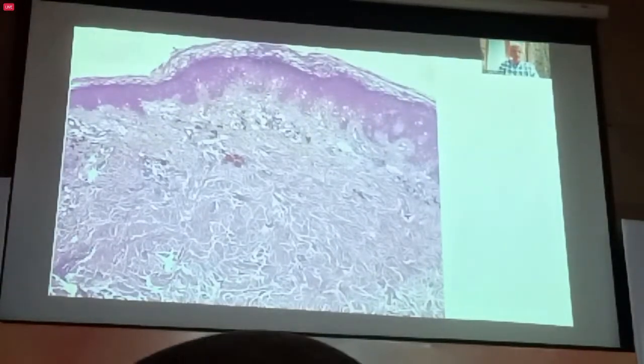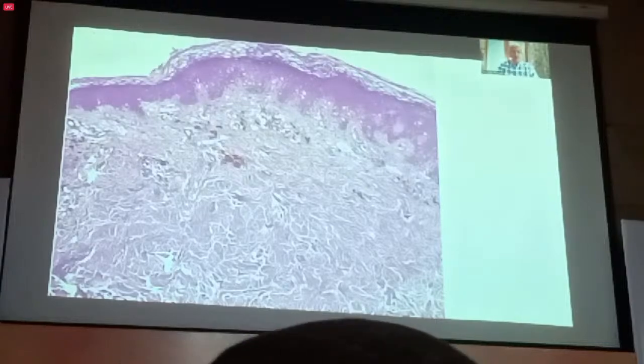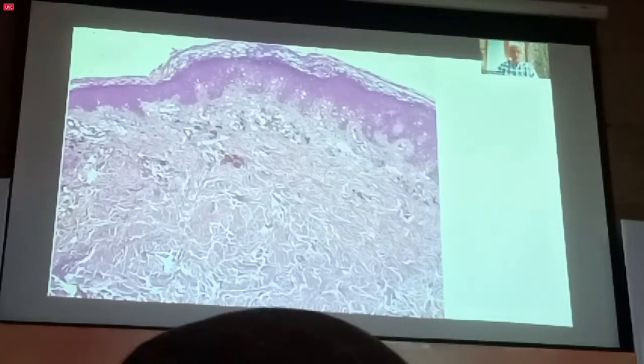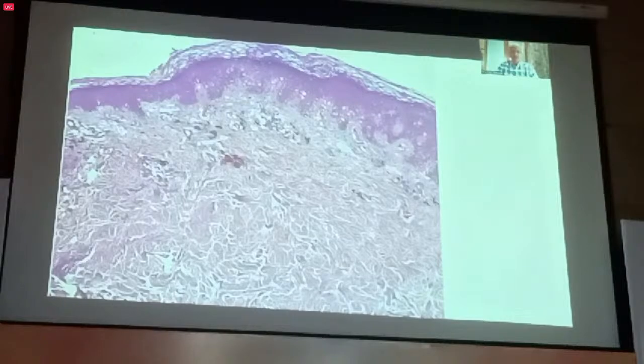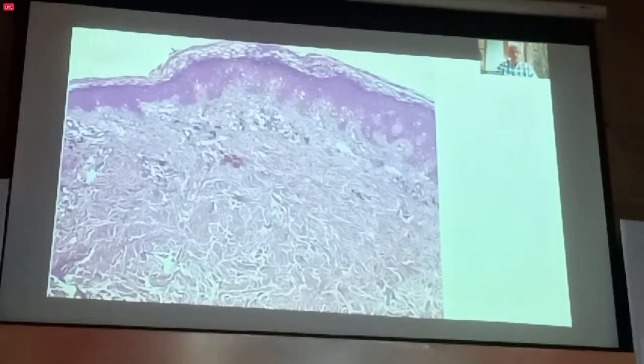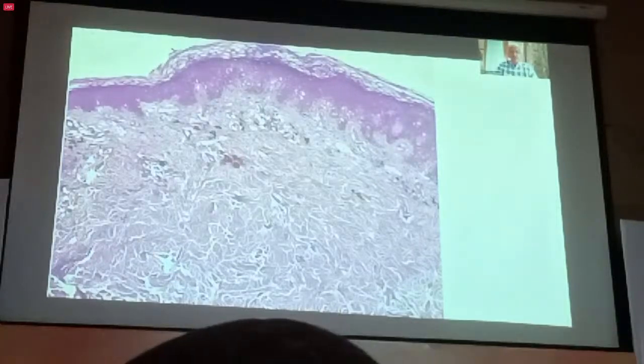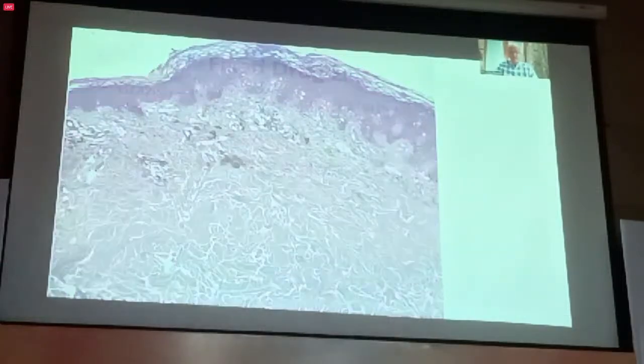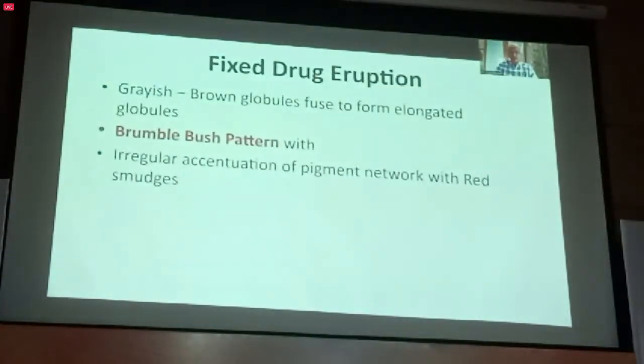In histopathology, when it is biopsied, most of the time the acute inflammatory infiltrate and interface may be missing, because we are looking at pigmentation. So you may find clusters of melanophages as against scattered melanophages like this, which you see in lichen planus pigmentosus. But clusters of melanophages deeper in the dermis is typical of fixed drug eruption. And on